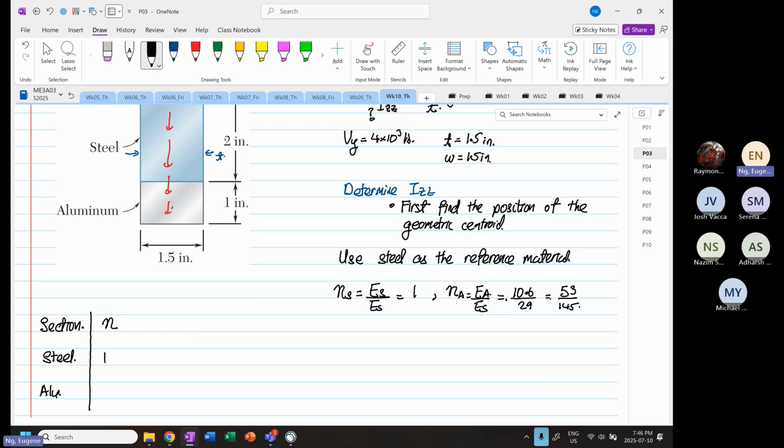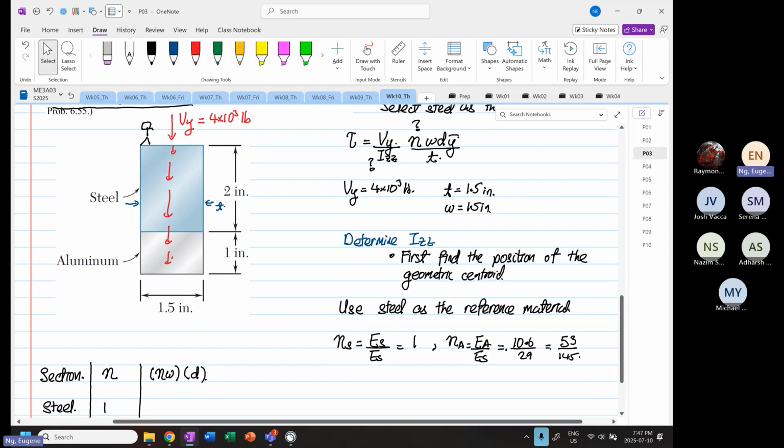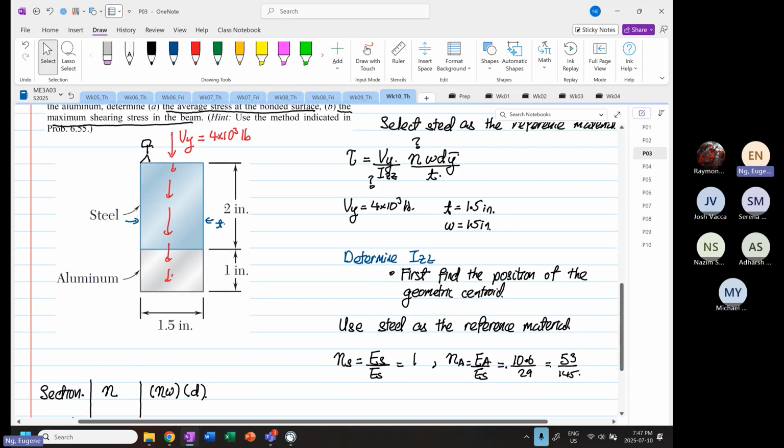For steel, N is 1. For aluminum, it is 53 over 145. Okay. So next we come with the N multiplied by the width multiplied by depth. Now, when we select, okay, before I go any further, I need to explain something. When we select steel as the reference material, what we just did,